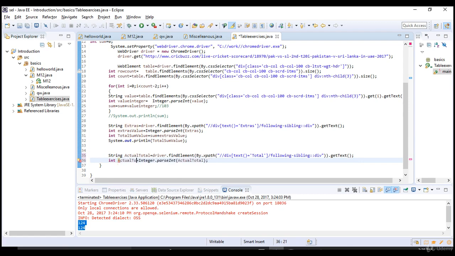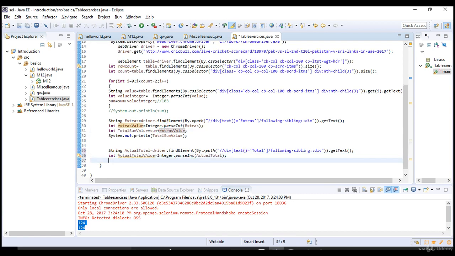Actual total value. Okay, so if actual total value equals total sum value, you can simply say